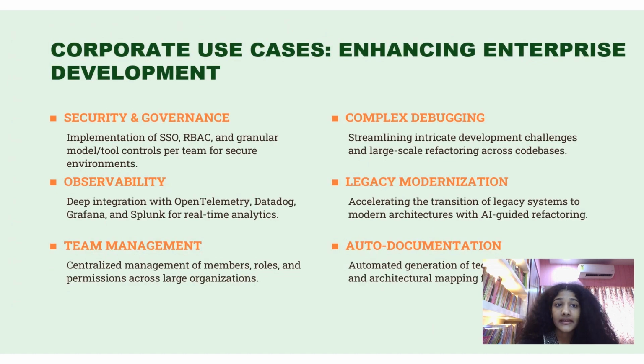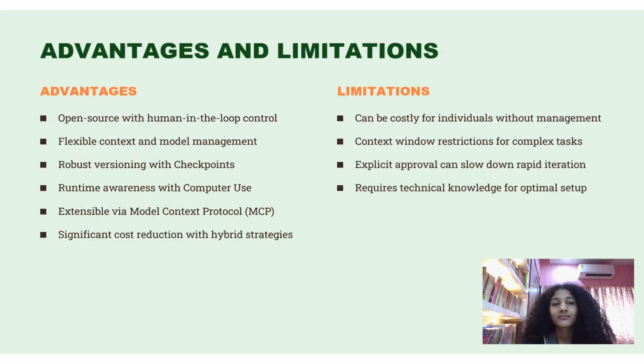Even big companies use Klein AI. For them, security is really important. Klein has special settings that make sure only the right people can use it and that the company's data stays safe. Companies use it to fix old code that is hard to understand or to write documents that explain how their software works. It's also great for teams because it helps everyone work the same way. Instead of one person spending all day fixing a bug, they can use Klein to find the problem in minutes. It's a huge time saver for professional developers.